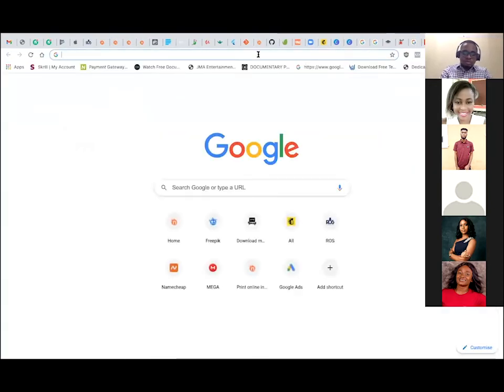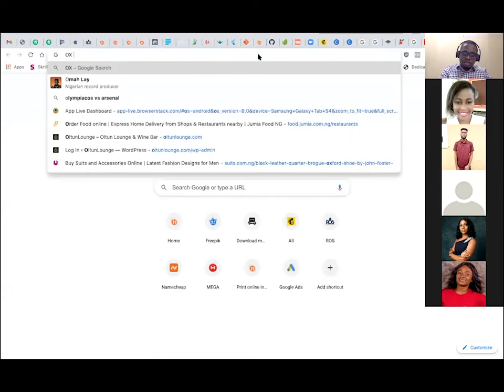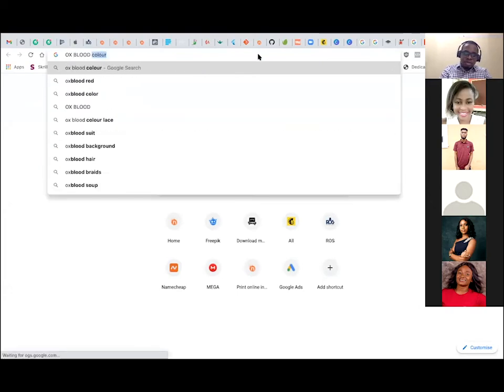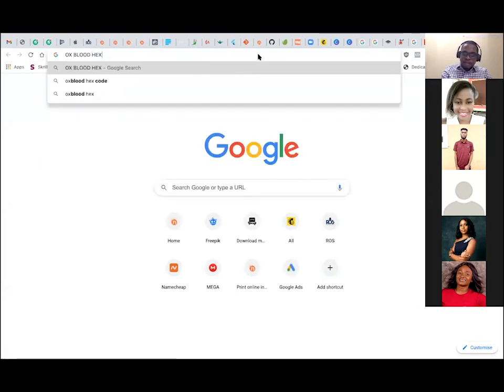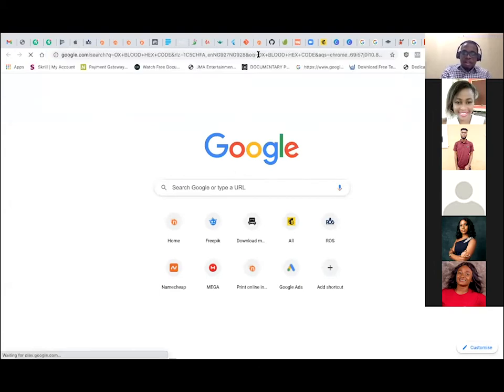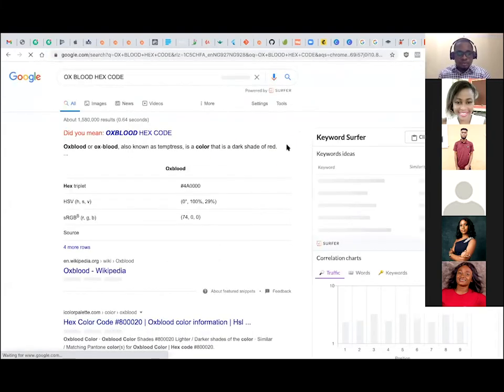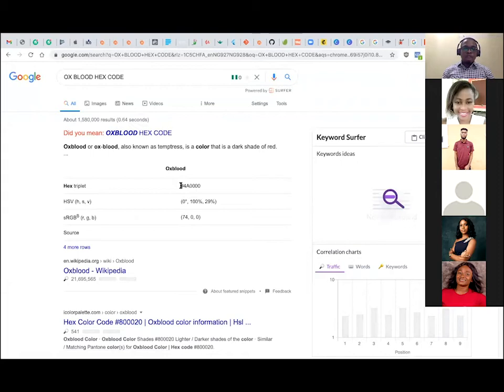I just have to go to Google and type ox blood hex code. And there's something called the hex code. Your hex codes are numbers that help you identify a color. Every color has a number. Every color is unique, every shade is unique. So see the hex code it's giving me here. Let's say I copy it and take it to my